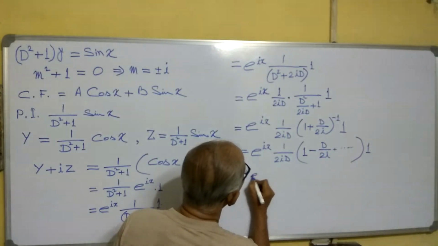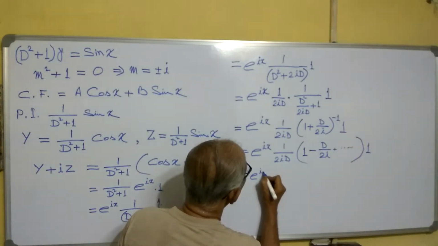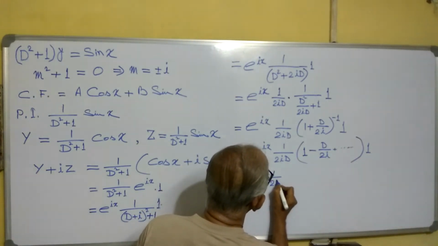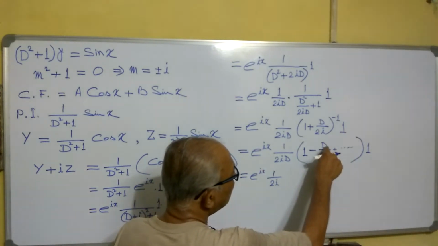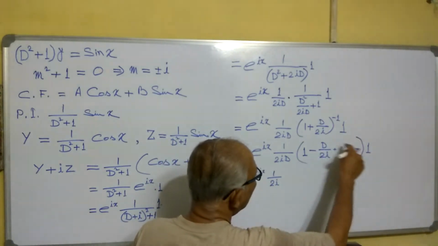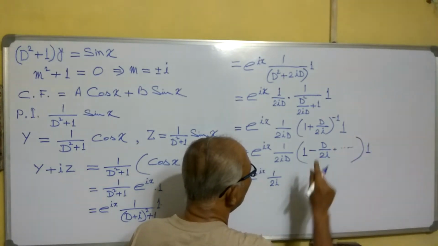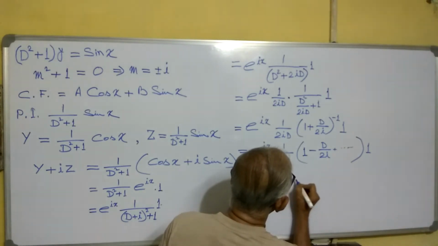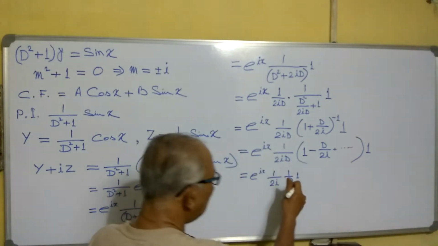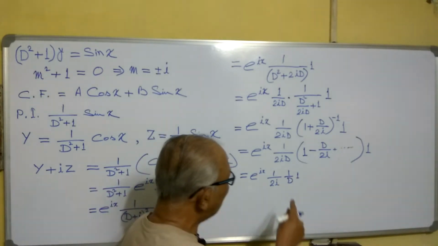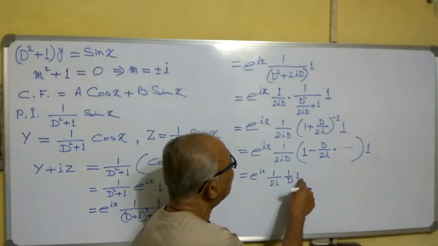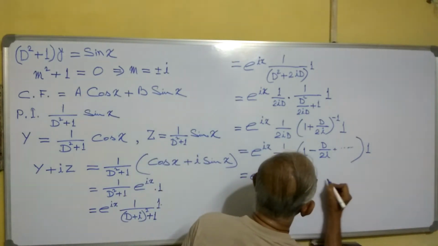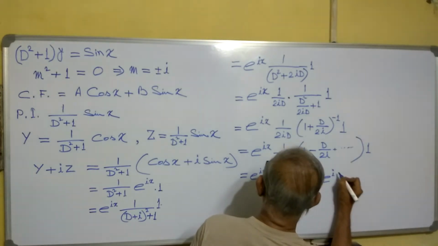So e to the power ix, 1 by 2i, and D of 1 is 0, D square will also be 0, so we can write it as 1 by D of 1. You know 1 by D of 1 means we have to find a function whose derivative is 1. So this one becomes e to the power ix